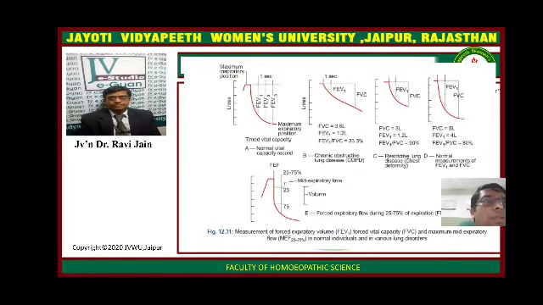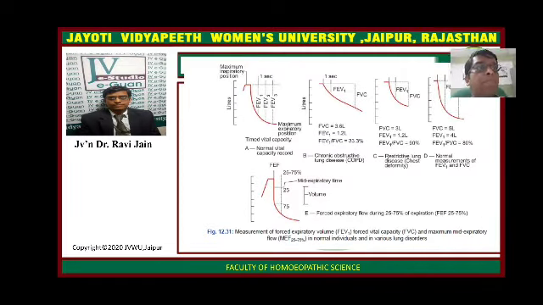In case of the fourth, it is the normal measurement of FEV1 and FVC. The fifth one represents the forced expiratory flow during 25 to 75% of the expiration. So these graphs show the measurement of forced expiratory volume in first second, that is FEV1, forced vital capacity, and maximum mid expiratory flow, MEF, that is 25 to 75%, in normal individuals and in various lung disorders. So these graphs you get while performing a spirometry.